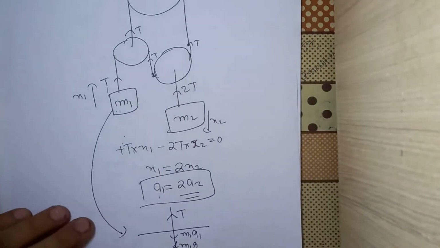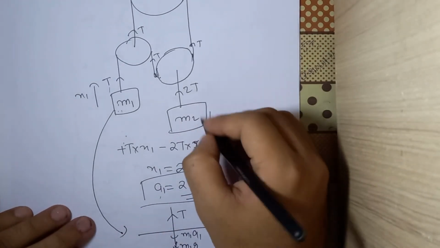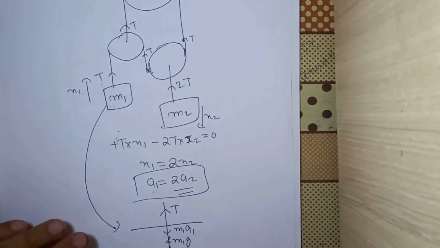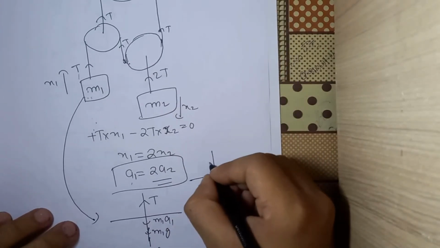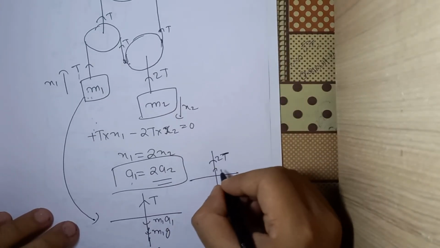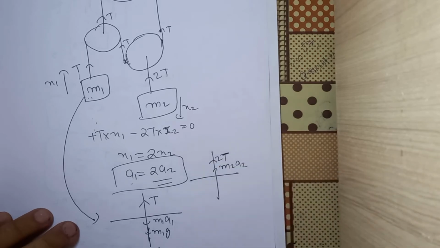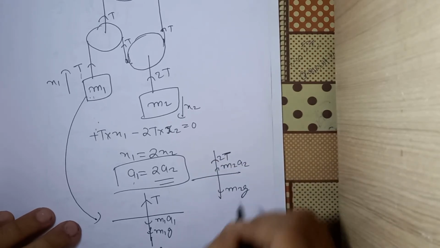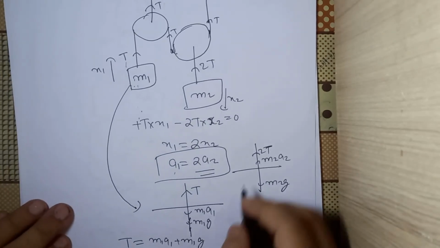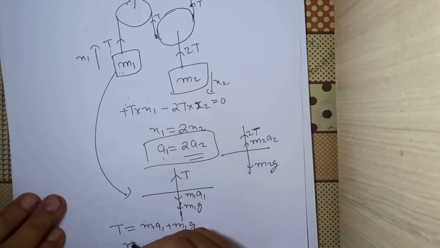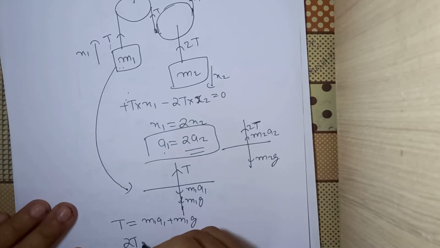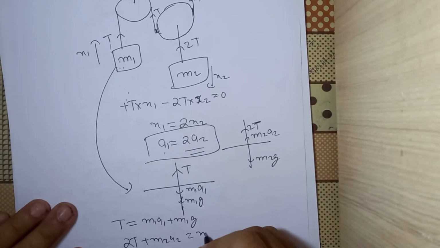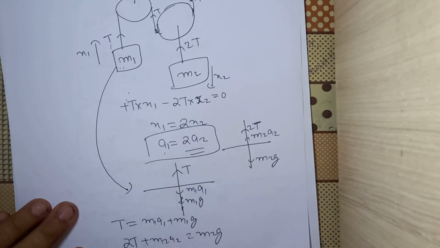For m2, similarly we can say that because a2 was downwards, there is a pseudo force of m2a2 upwards. So we can draw the FBD that there is a 2T force of tension. Then we have m2a2 as an upward force, and finally we have another force of m2g. So these are the final forces that we have. You can write the equation that net upward force has to be equal to net downward force. So 2T plus m2a2 is equal to m2g. For a1 and a2, you can use this relation, and then you will have only two variables, T and a, to eliminate. So that's how you can get tension and acceleration for this system.